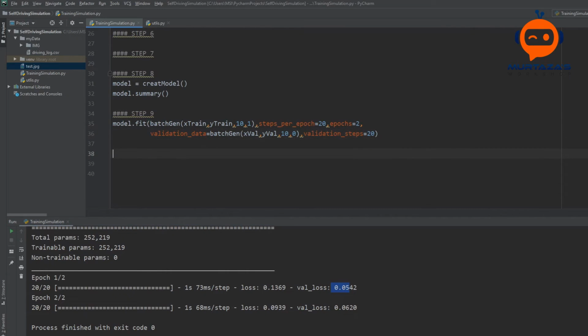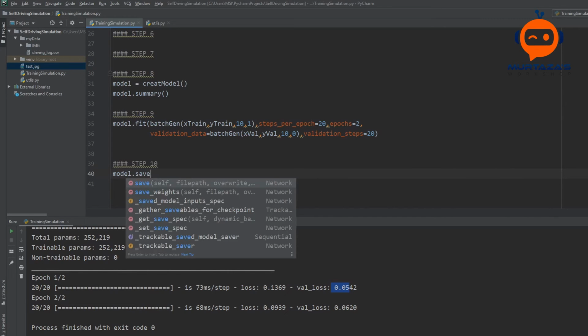Before we actually put the correct parameters and run it, what we will do is we will move on to step number 10, which is basically saving and plotting our model. So once we have seen that we are able to save and plot the data properly, then we will put the actual parameters so it can take its time to actually train the model. So at step number 10, we are going to write